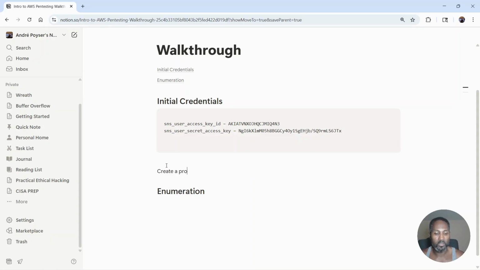And by now, if you're following in the course, you should know that to create the profile, it goes like AWS configure profile, and then you do SNS secrets,